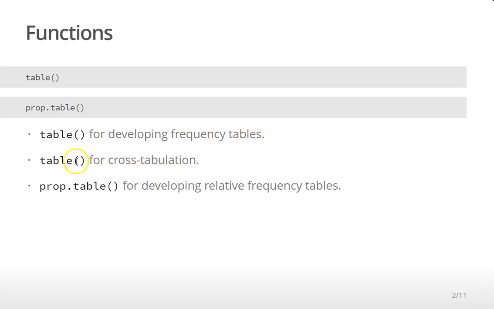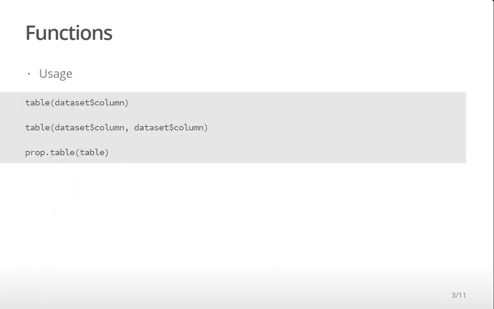If we include two different variables inside the table function, it would be a cross tabulation. Just two different names, but the function is basically the same. Again, there is some overlap between this material and the previous week. Talking about the usage, table takes, if you want to investigate just one column, just include one column. If you want to investigate the relationship between two different columns,